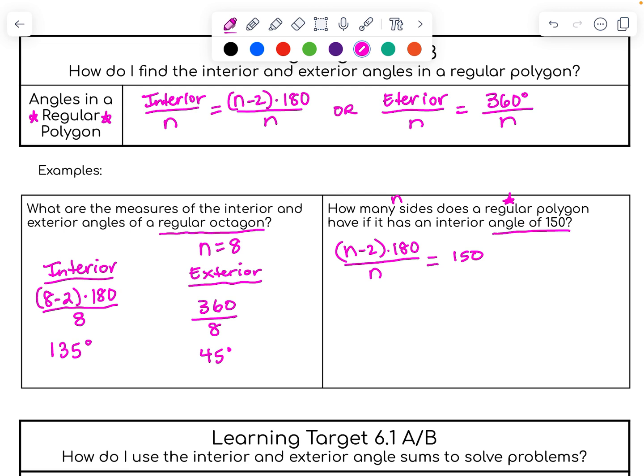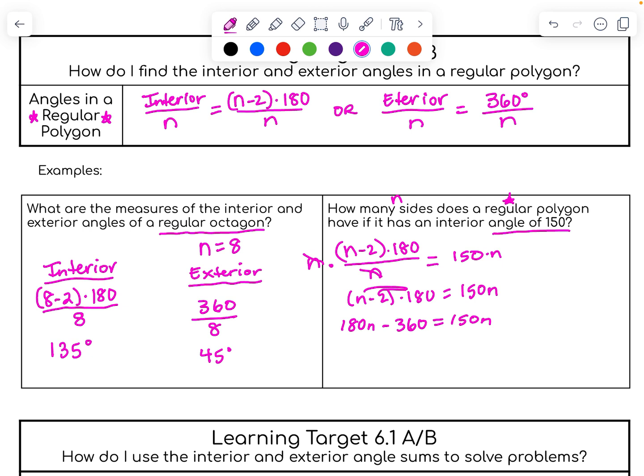Now it's really just an equation that we have to solve. We're going to get rid of the n, so we multiply by n and divide it away. Now we have an equation of n minus 2 times 180 equals 150n. When you get this, a lot of times we want to divide here, but this time we don't. It's actually easier if we distribute. So we take 180 times n and 180 times negative 2, which is negative 360, equals